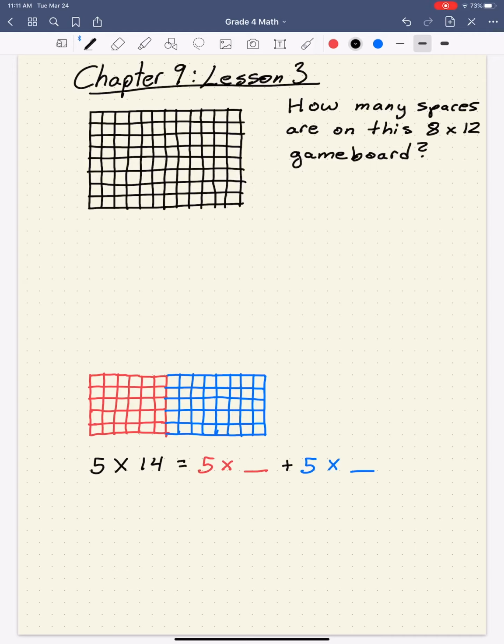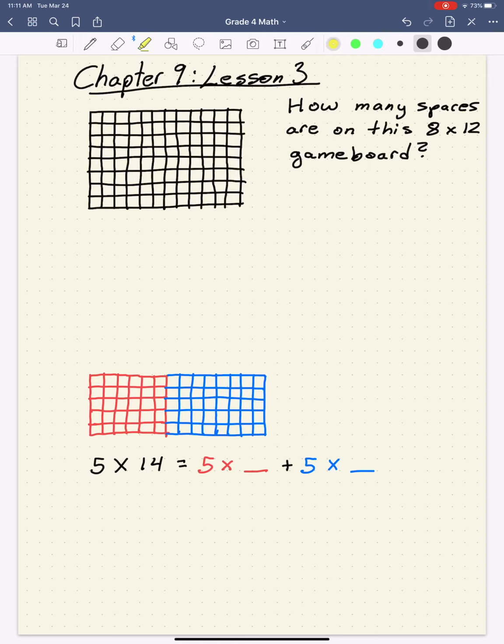So in this lesson, we're going to use arrays to help us multiply numbers that are bigger than our memorized multiplication facts. In the first question here, we have a game board. How many spaces are on this 8 by 12 game board? We're going to break this game board into two pieces where we actually know the facts. We have them memorized. So I'm going to use my highlighter and I'm going to make